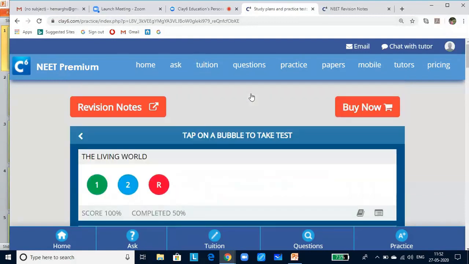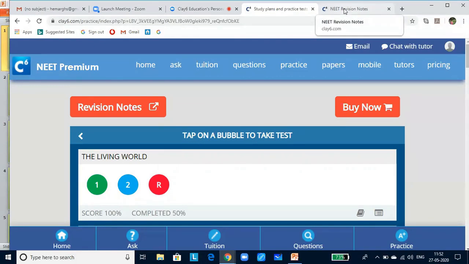Now, there is a revision notes button. If you click it, it will open into a PDF. Before that, I'm sure that you're all eagerly waiting for your NEET exams. I know it's a kind of mixed bag of feelings you all will be having. Even if you're thoroughly prepared, you still have that fear.